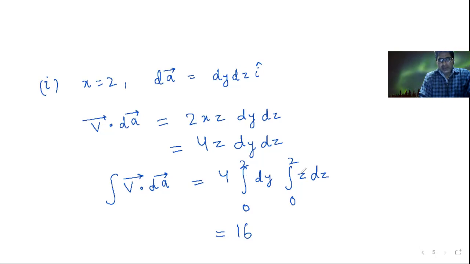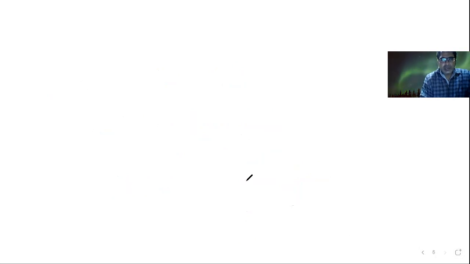And integration of z dz will be z square by 2. Then we put the limits. So when we solve it, this will be 16. So for phase 1, the value of the surface integral is 16. And take the phase second. For phase second,